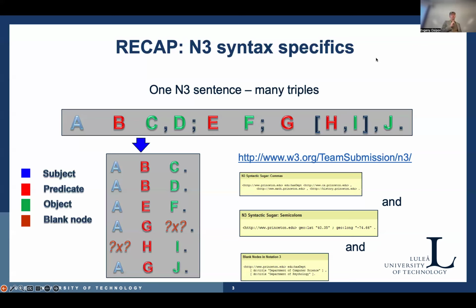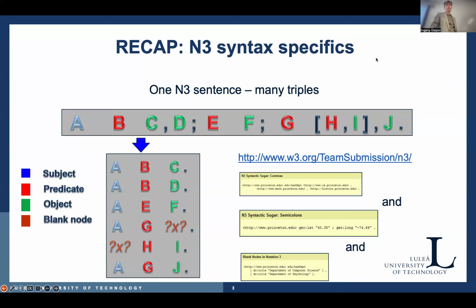Again, a side note, N3 was created as an extension of RDF. So actually, it was created having some reasoning in mind. So RDF is not made for reasoning. It's made for